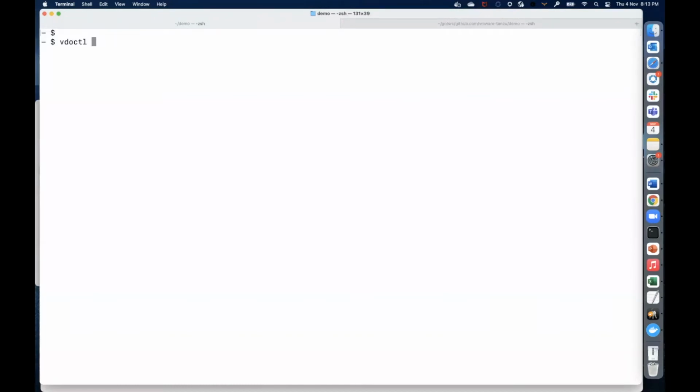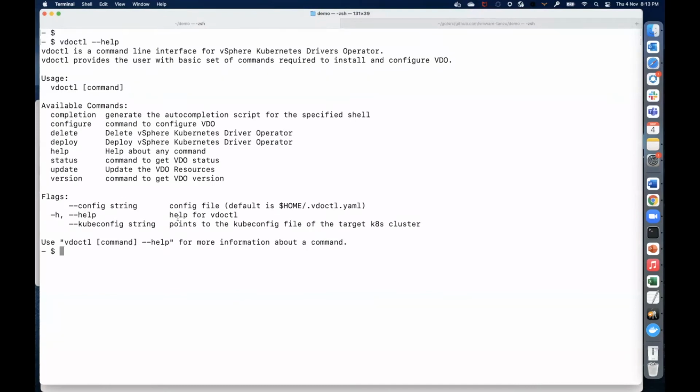Once you move it to the path, you can just type the command with --help. This will give you the list of commands which are available with the CLI. By using all of these commands, you will be able to manage the life cycle of the CSI and CPI drivers, as well as the life cycle of the operator itself. So you will be able to configure the drivers as well as the matrix. You will be able to deploy the operator from here itself,